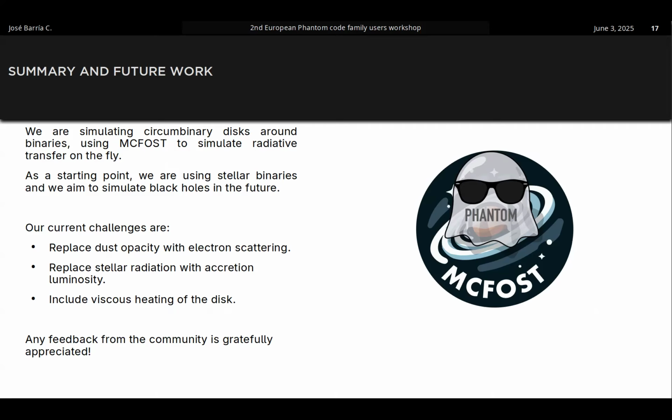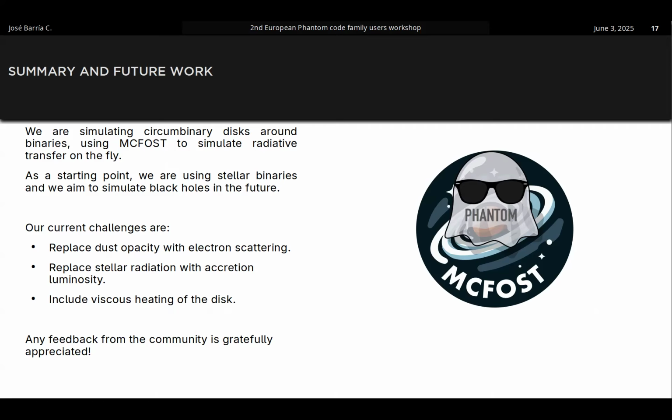So basically you don't have the PdV term. Although viscous heating is not turned off in Phantom, you can get the PdV work and shock heating into MCFOST as an additional term. I'm sorry, I don't hear you. No, it's not that question. Just commenting that when you're running the simulation, you can decide to activate or deactivate the PdV term, which is an extra term for the energy. Yes, so it's going to turn off.